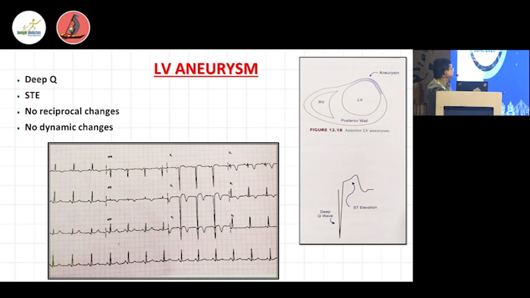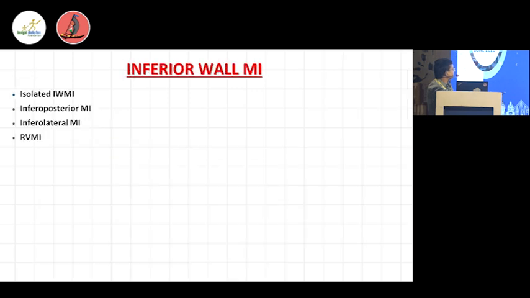The aVR is very important regarding the left main coronary artery related changes, and the entire precordial leads are mostly determined by the LAD, but the lateral part can also be determined by the circumflex, and V1 is also related to the proximal RCA. And if we take the right sided leads, that is the V3R, V4R and VR that we have already discussed,